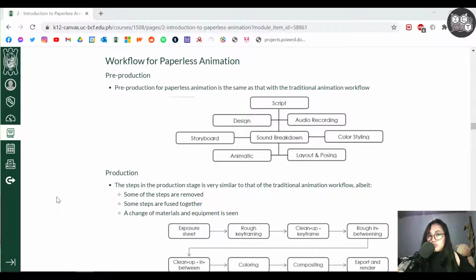Next one is the workflow for paperless animation. I'll try to make this a little bit quick, but I'd like to emphasize the difference between a paperless animation workflow and a traditional animation workflow. In terms of pre-production, it's virtually the same. There's nothing that you have to change, probably except some of the medium. Like in terms of design, animatic and storyboard, it is possible for you to do that